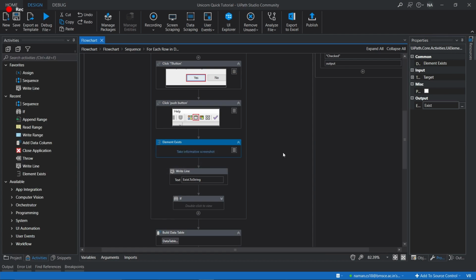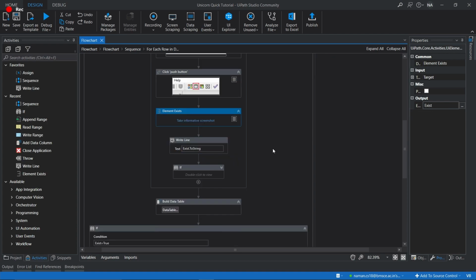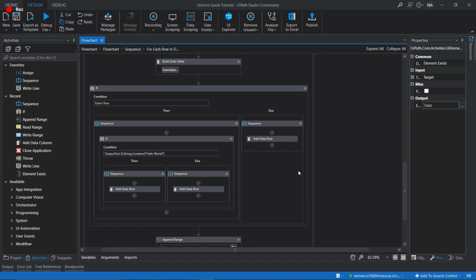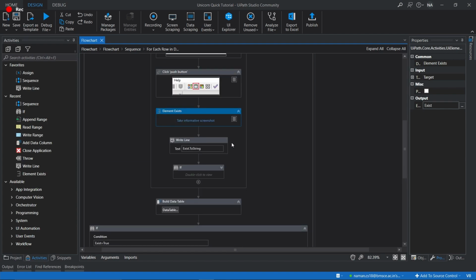Until then, if it's not finding that particular window, it saves false into this exists variable, and we check the condition of whether it's true or false later on. If it's false, then we can be sure there was a compilation error, and if it's true, then that means compilation was done properly. But the problem is whether the output is correct or not. So for our program, we've selected the output hello world.